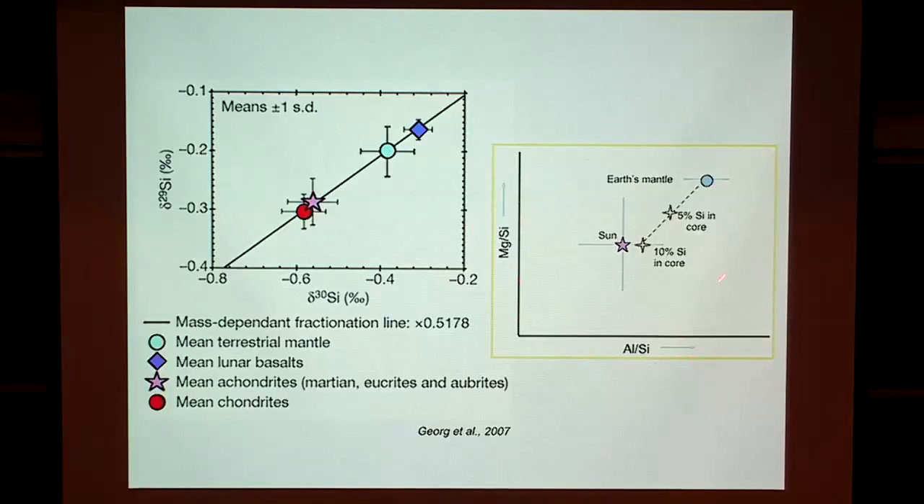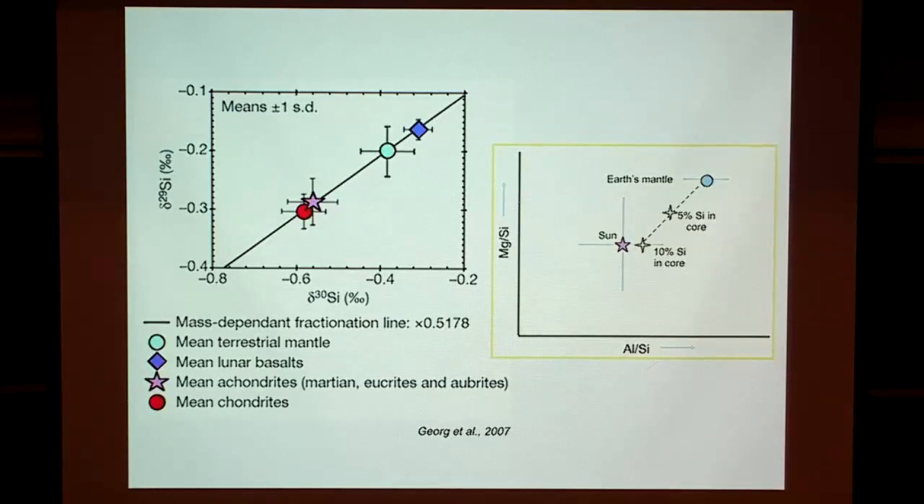Magnesium/silicon versus aluminum/silicon. You take the Earth's mantle. If you add in silicon, you end up with a silicon composition much more similar to what we would expect for the total Earth. Okay. So at this point,